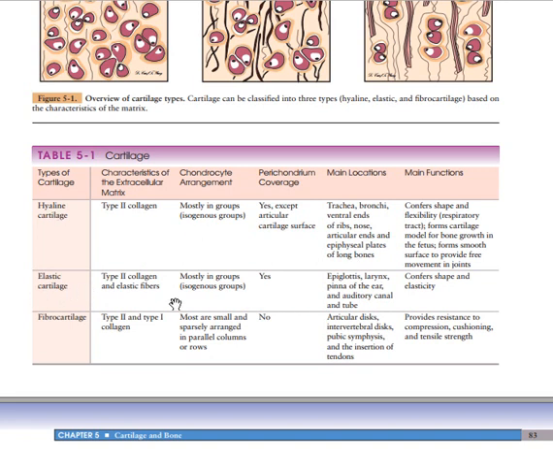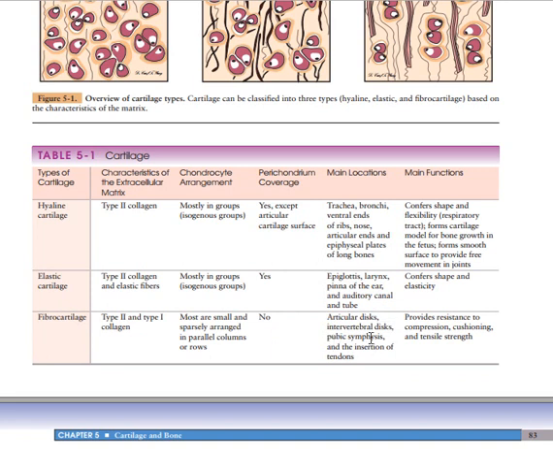The next one is the elastic cartilage. It is located at the level of the epiglottis because it's elastic. It's located at the level of the larynx. Elastic cartilage is located at the level of the pinna of the ear, and at the auditory canal of the ear and the tubes. Now, fibrocartilage is located at the level of the articular disc, the intervertebral disc, the pubic symphysis, and